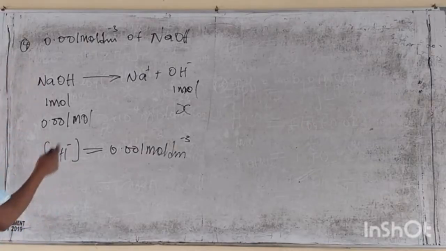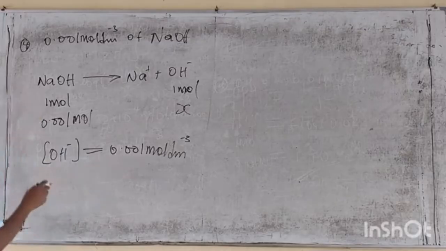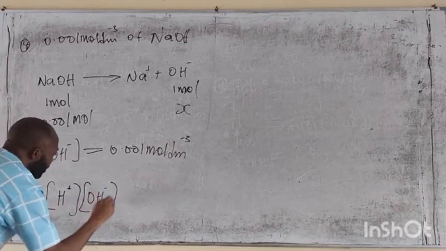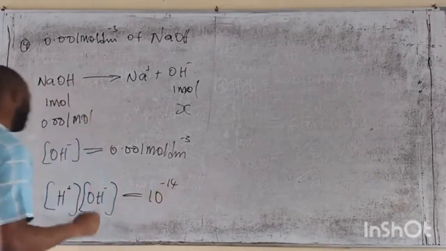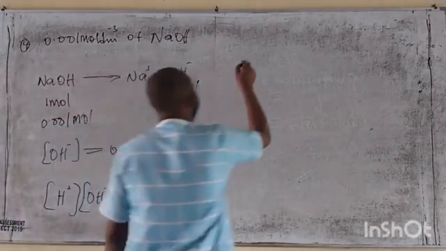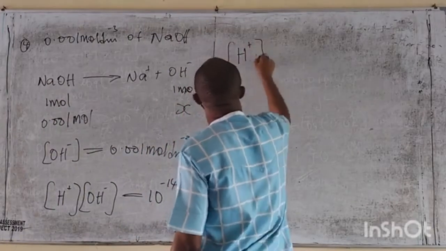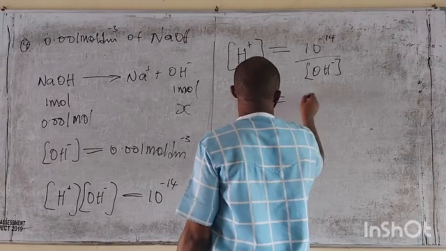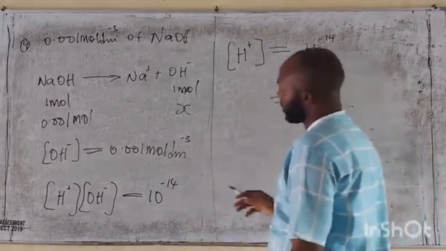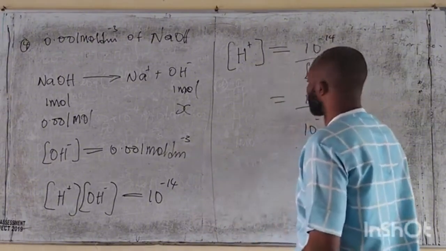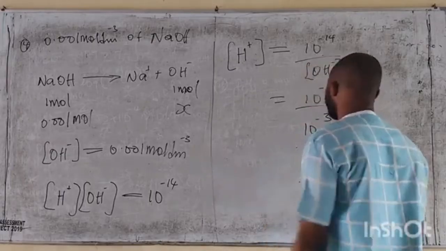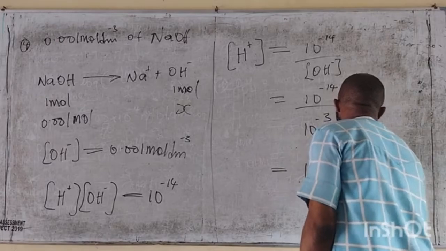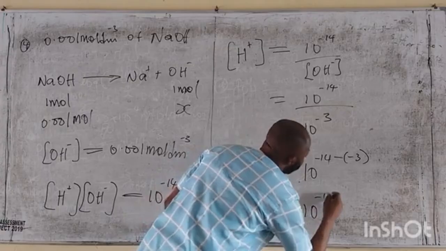So pH now, we say at 25 degrees, the product of these two, which is hydrogen and hydroxide ion, will give us 10 raised to minus 14. I'm now looking for this, so I divide both sides by this. So I have my hydrogen ion concentration will be 10 raised to minus 14 divided by the concentration of OH negative. And this is 10 raised to minus 14 divided by 10 raised to minus 3. That's the standard form, if you remember that. So we divide them, we take commonly to have 10 raised to minus 14 minus minus 3, which is 10 raised to minus 14 plus 3,